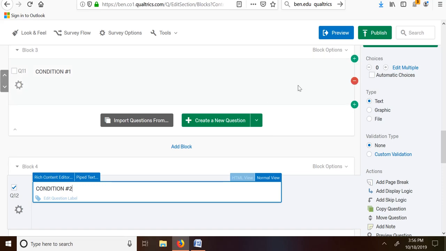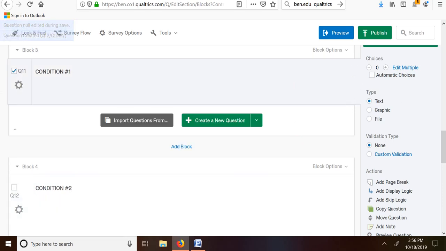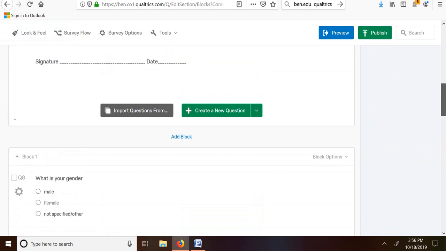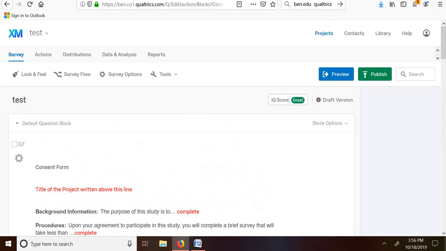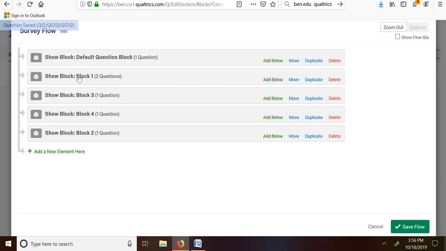Okay. Now, in order to randomize anything, what you need to mess around with is up here what's called survey flow. So when you click on survey flow, you'll see it shows all the blocks in our study, and it just shows the order that things are going to happen. So this first one is our informed consent. This one has 2 questions. This is our age and gender, condition 1, condition 2, and then this is our set of dependent measures at